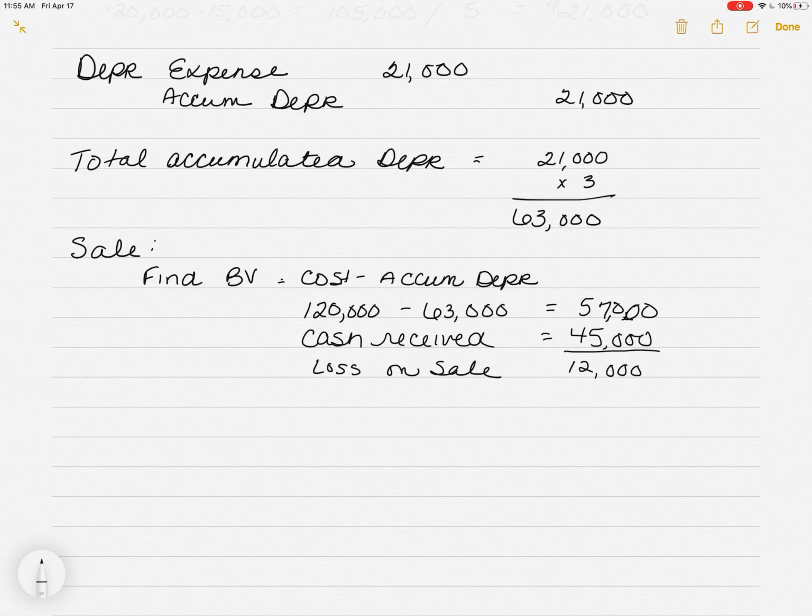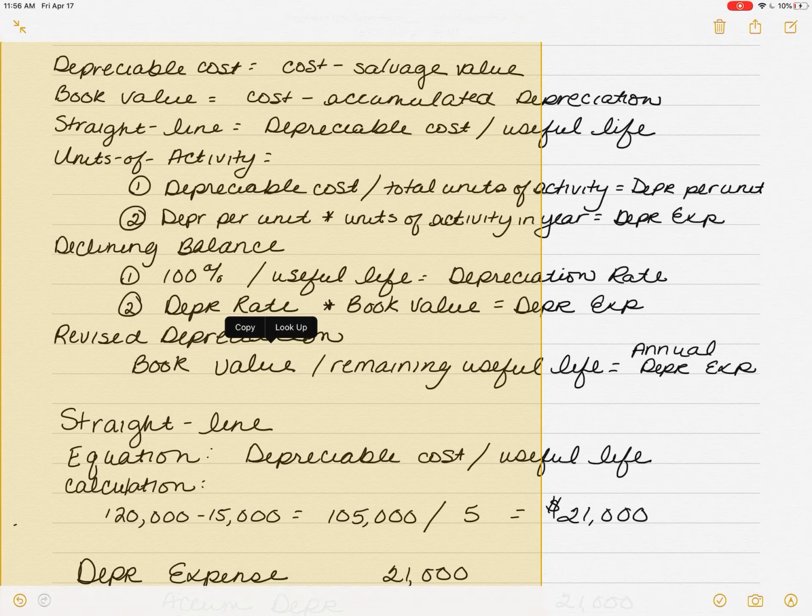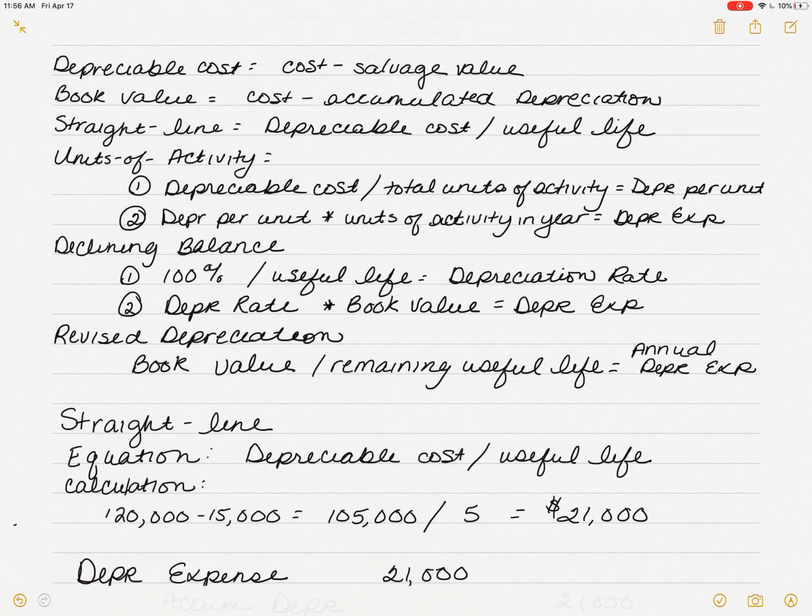When I put this in journal entry form, I'm going to record that I received some cash as a debit to cash. I'm going to need to, if I sell this machine, get both